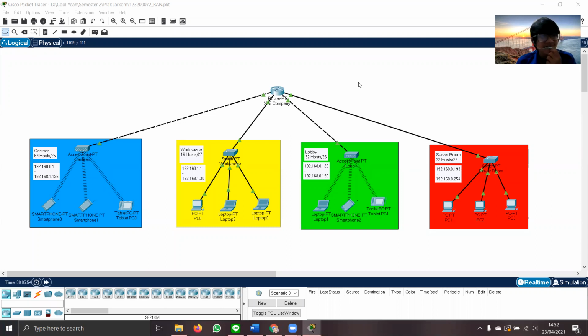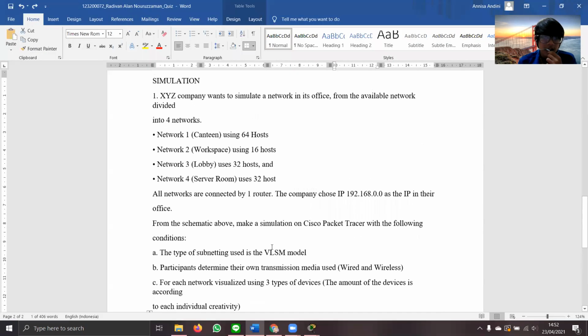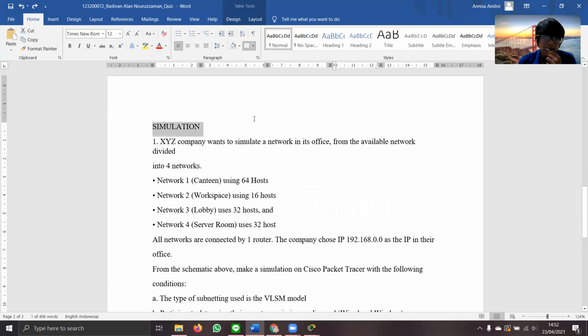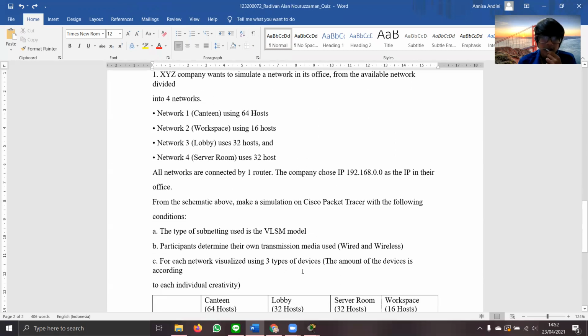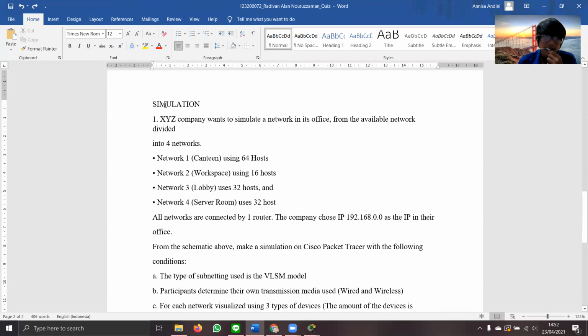In this session, I will try to explain about our test, which is from computer networking practicum, and our test is to do a simulation. So the first question is XYZ company wants to simulate a network in its office from the available network divided